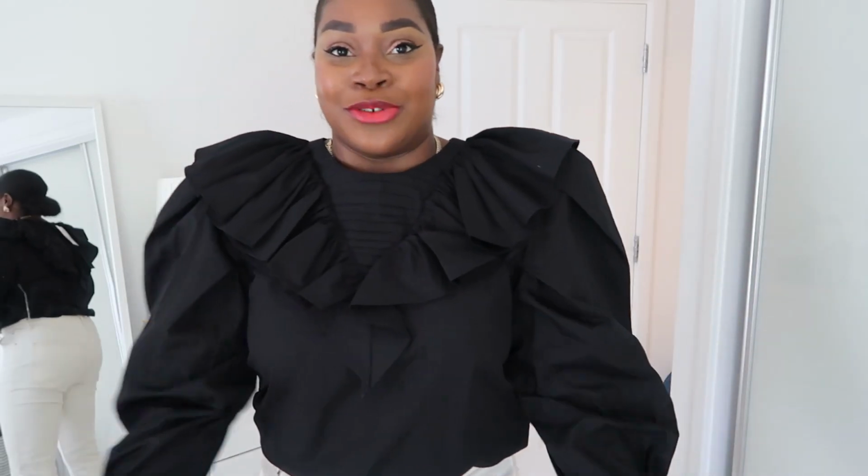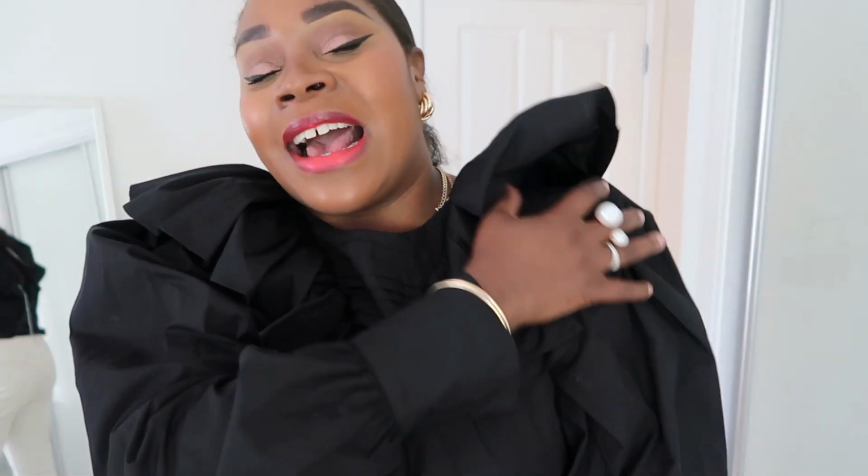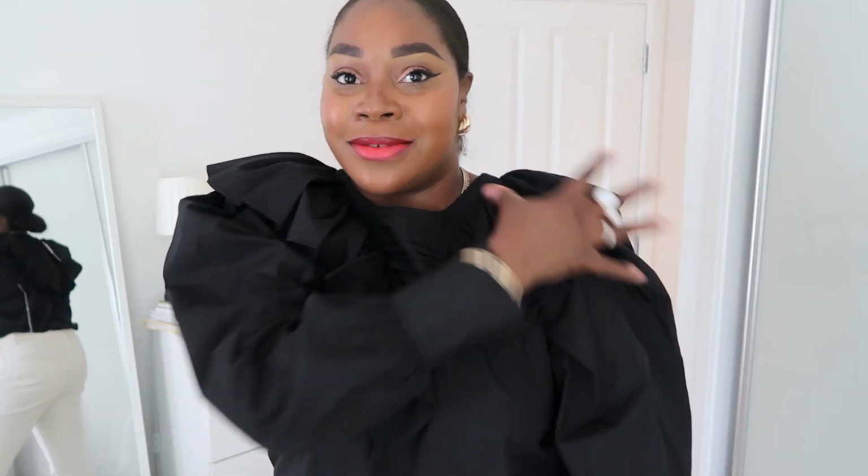So that's an issue, which is why I was like, I'm just going to go for the extra large, because I don't want to have any issues with the button situation at the back. And what I've ended up with is these massive arms, and obviously it's probably a little bit more accentuated or a little bit broad for my shoulders than I would actually need, which is adding even more because it has some massive shoulder pads under here, and then it's got this ruffle which all just adds